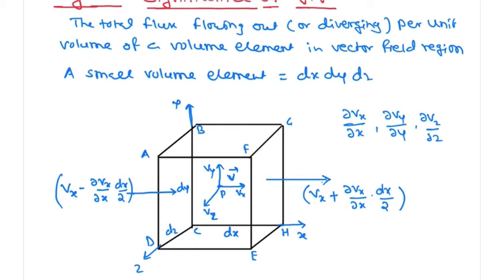Therefore, its magnitude is Vx plus ∂Vx/∂x into dx/2. Then we find